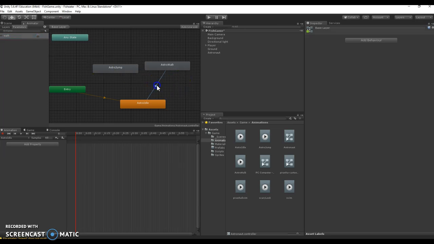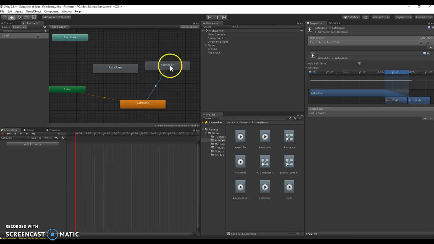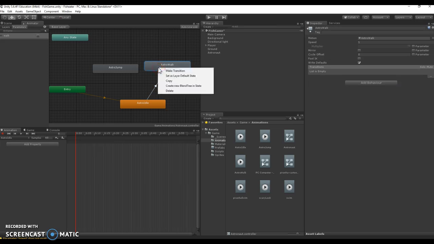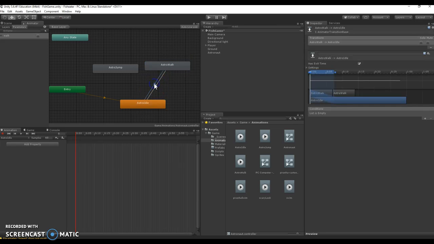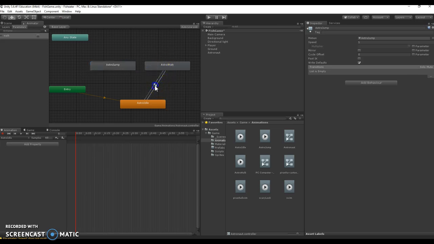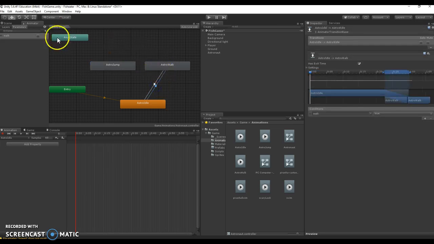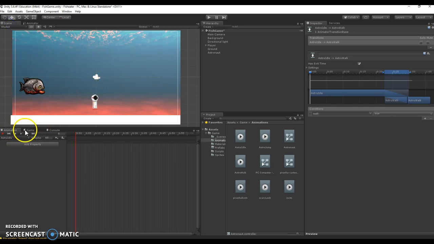Alright, so when I transition from idle to walk, I'm going to click on that transition, and I'll take this walk variable and turn it to true. Then I also want to make a transition to turn it off. So there's one that goes from walk to idle, so I'm going to click on that, and then select walk, and then false. Okay, so I have a transition from this one to this one. Let's test this out. Go back to my scene, back to the game,